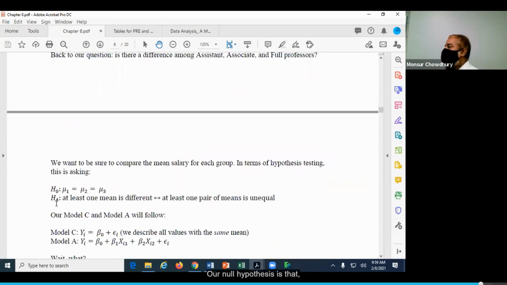So our null hypothesis is that there is no difference in the average salary of these 3 ranks. mu1 is the average salary of assistant professors, mu2 is the average salary of associate professors, and mu3 is the average salary of full professors in the whole population. If we say they are all equal, that means there is no difference in the average salary. For the alternative, we say that at least one mean is different, that means there is a difference in the salaries.